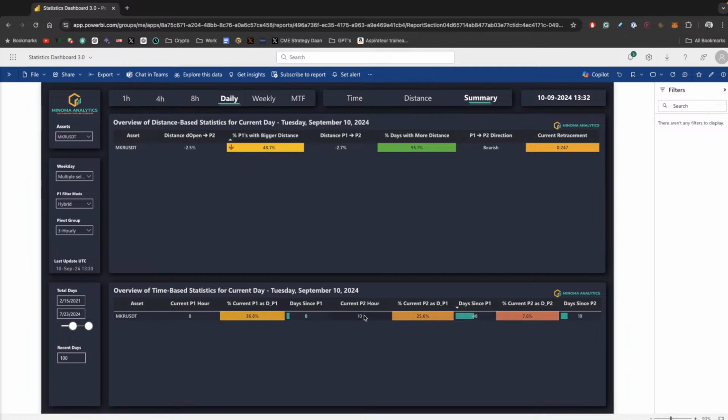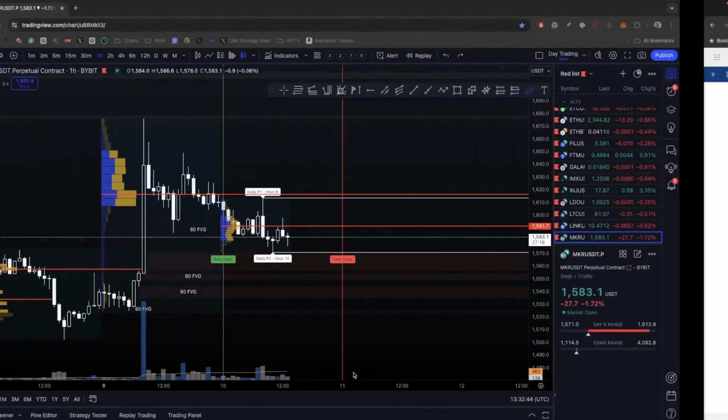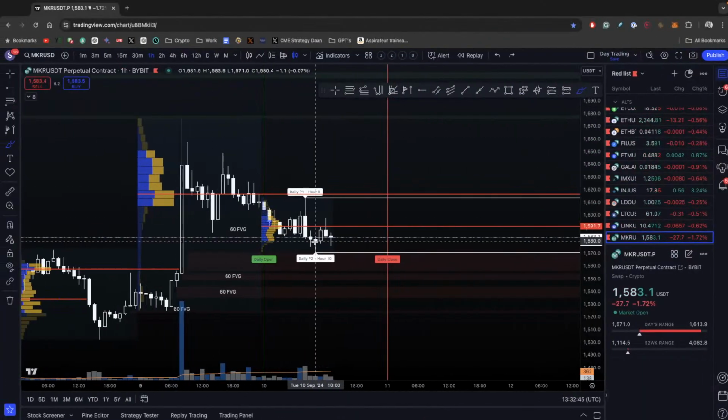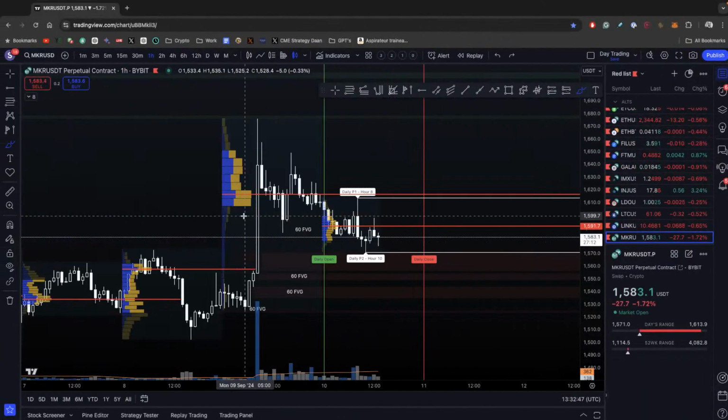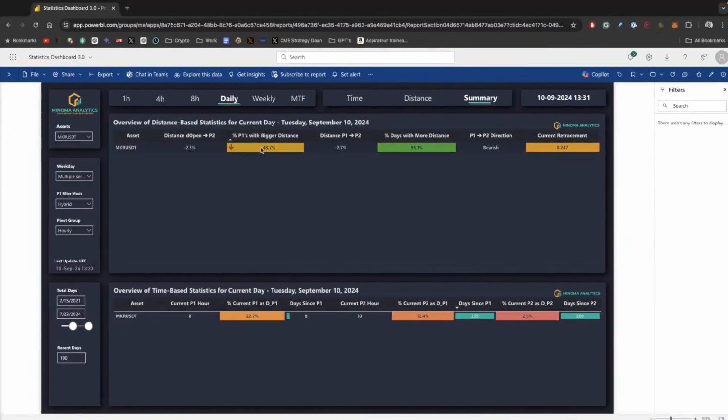Even on the 3 hour aggregation, it's been a while. Yeah, so it's the same thing. All right, so this obviously is a way more risky strategy. I want to emphasize that once again: we do not have any confirmation from these statistics, right? This is both less than 50%.